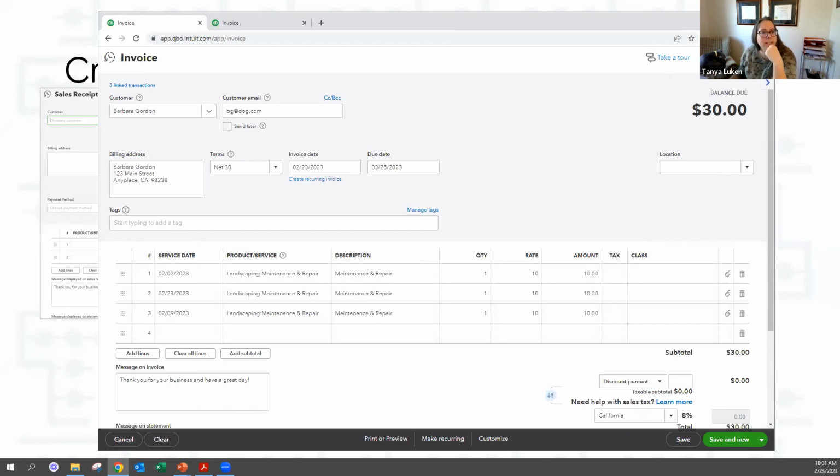Okay, so a couple of things. Nancy asked, do we have to choose the payment method for the customer? No, you don't have to choose a payment method. Sometimes it's really kind of nice though, because then when you get to that make deposit screen, you can be like, oh, that one was PayPal and my bank deposit's going to be different than that one that was Visa or MasterCard.